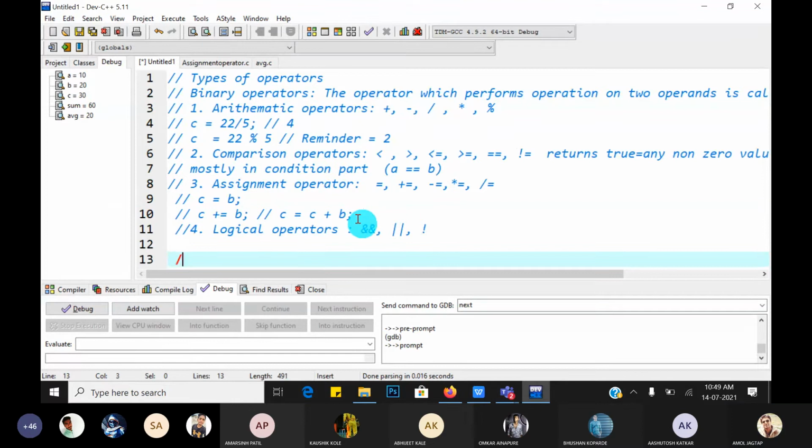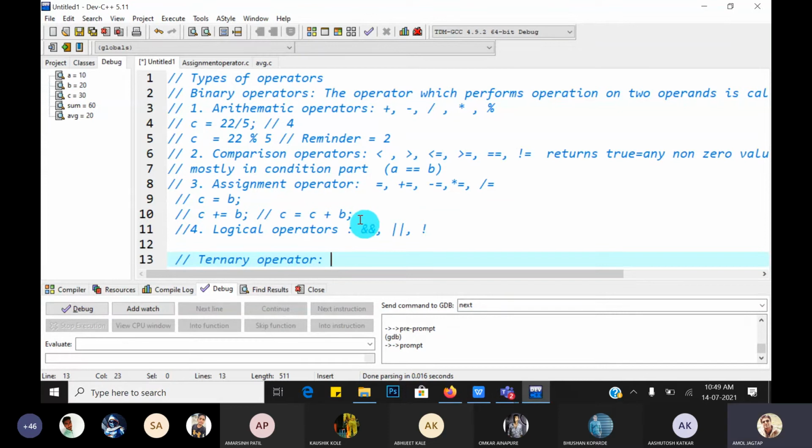Now it's time to explore the third type of operator, that is the ternary operator, also called the tertiary operator. Which is that?